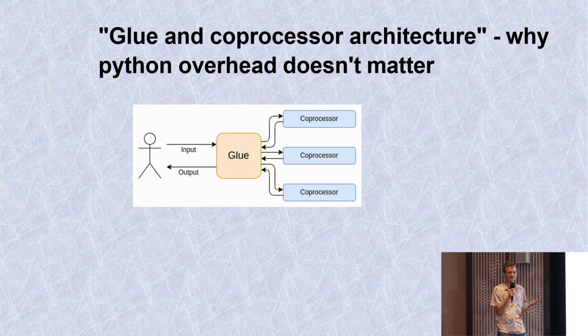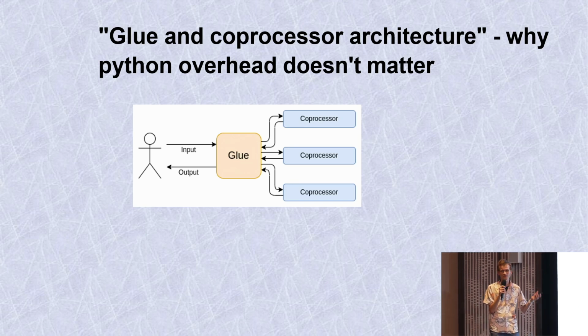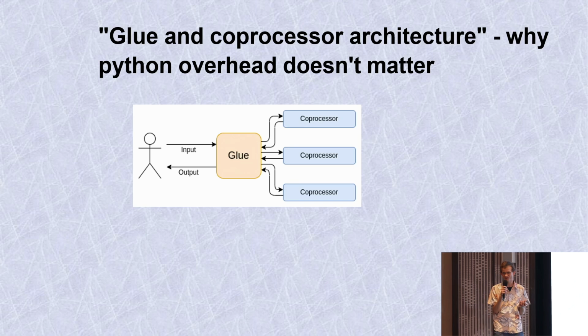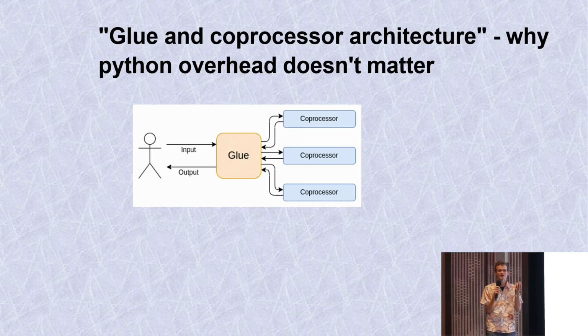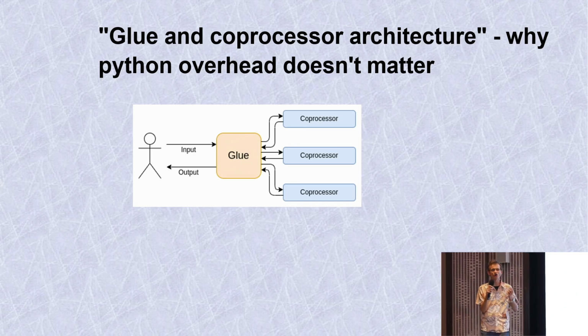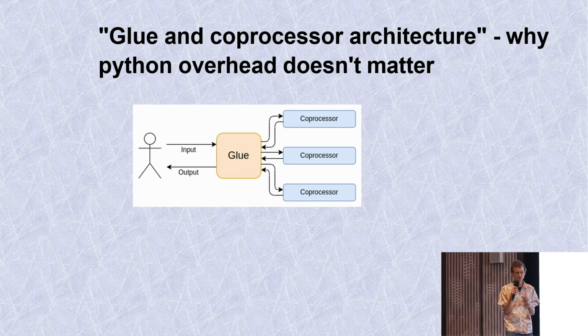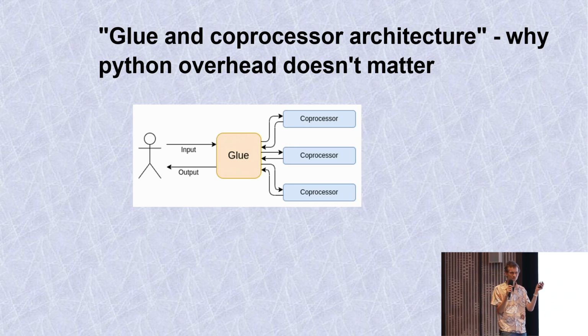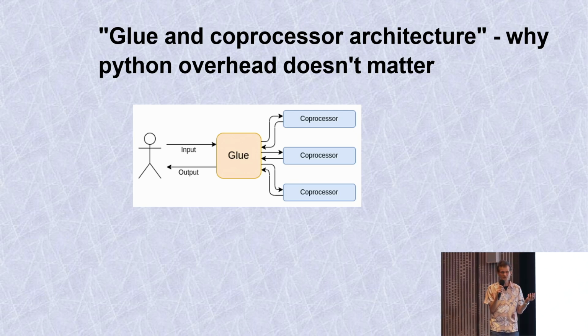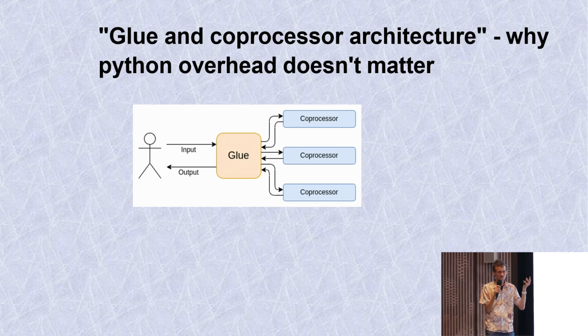And so I wrote a post about 2 months ago. It was called on this topic that I call glue and coprocessor architecture, right? Where the basic principle is that for any kind of what you might call hard computation or intensive computation, you can almost always, in practice, split it up into two parts, where one of those parts is very general purpose computation, but fundamentally light computation, and then the other parts are heavy computation, but computation that is very, very